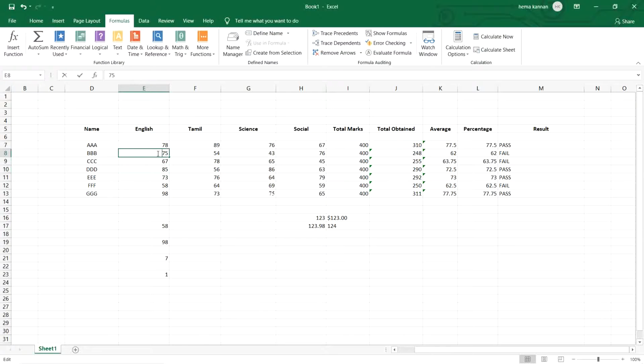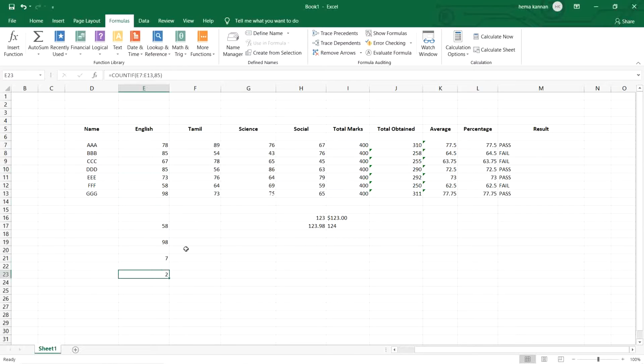I am going to change this 75 as 85. Let's calculate. See, the cell value has been updated to 2, because now we are having 85 repeated twice in our selected cells.